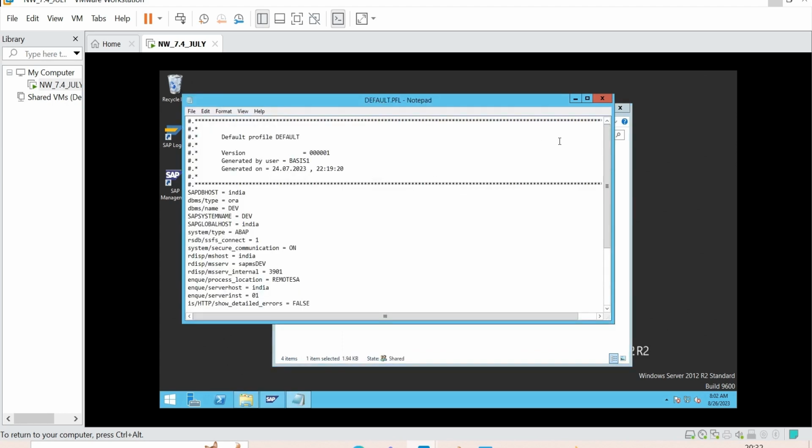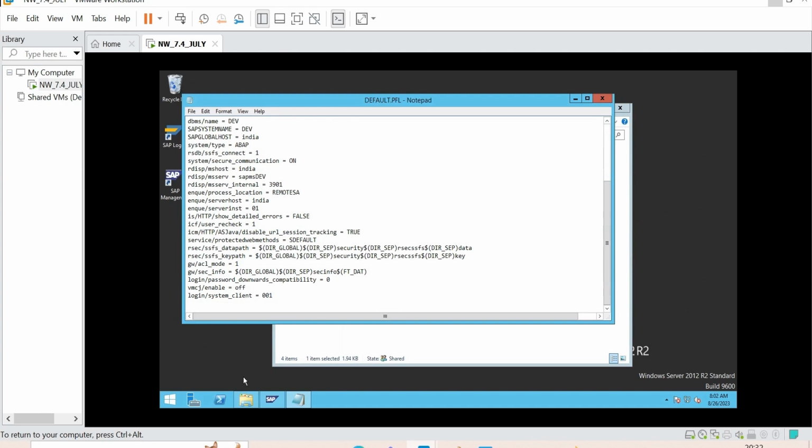There is one parameter, login system client. Whoever is logging into the system, by default they are logging into which client? 001 client. I'll tell you later what a client is. That parameter is stored in your default profile.